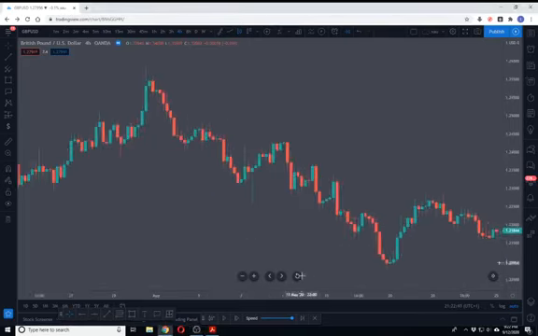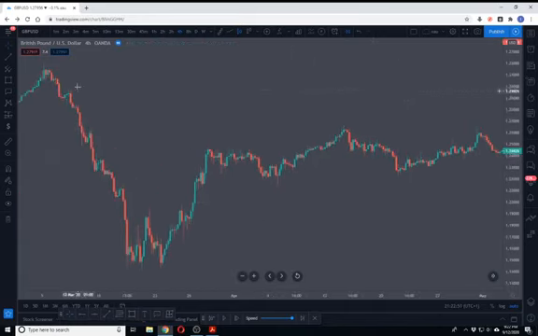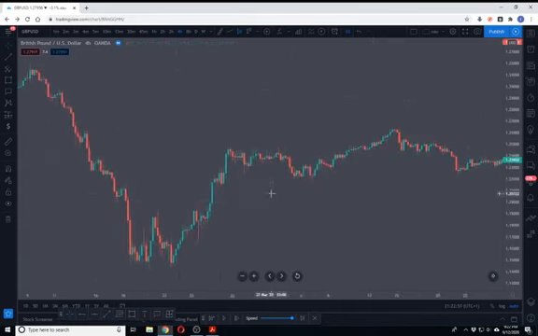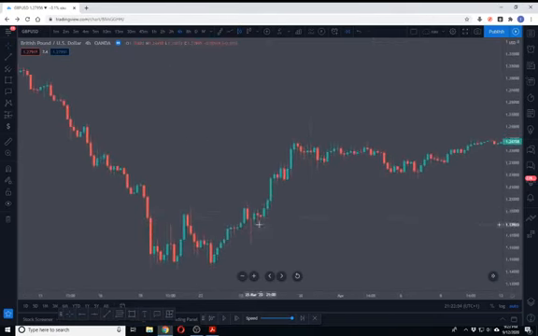In this video we'll be going over order blocks and imbalances, and I'll be explaining what each of those are. Now first of all, just to explain imbalances. An imbalance in the market is when price moves very quickly and the next candle doesn't come back and fill in the gap between the wick on one side and the wick on the other. So if we see this example here,